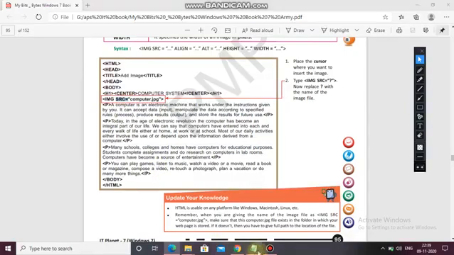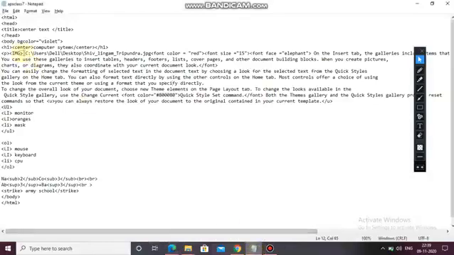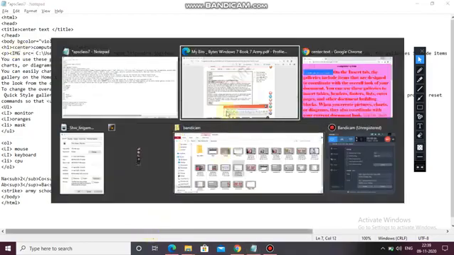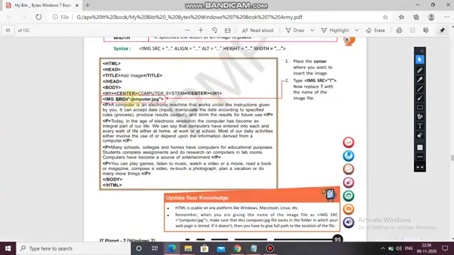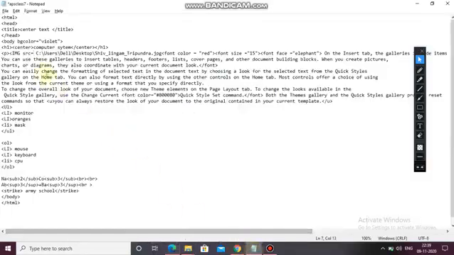So here we have to write IMG SRC equals to this one. Is it okay? You can see it, image SRC. Now the name of the picture. Here you have to give the whole path because the picture is on the desktop.